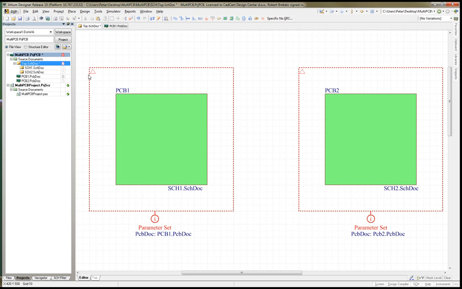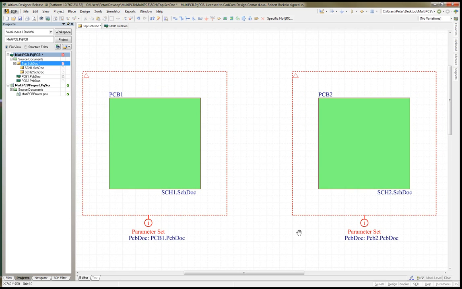There was a feature request to use blankets for this, so all the sub-circuit that is over here will go to the first PCB document, all the sub-circuit that is here will go to a second PCB document. This script basically works in a way that it will go through all the blankets in a project, and it will place a compile mask over all the blankets that do not point to the PCB document that is currently